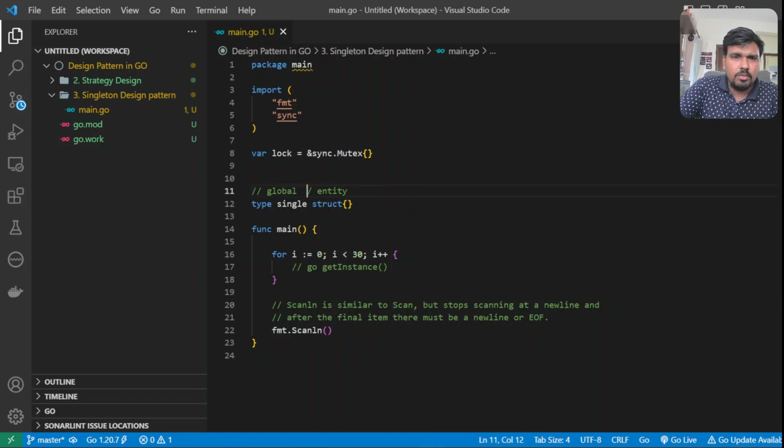Let me just remove this object, not to confuse everybody. So I'll just call it a global entity right now. Okay, so this is something which I want to update or instantiate, and I want to make sure that there is only one object for this global class or the single class, right? So how do I